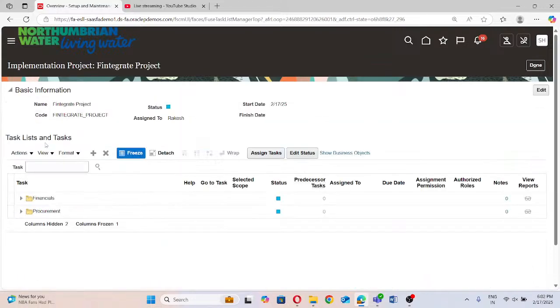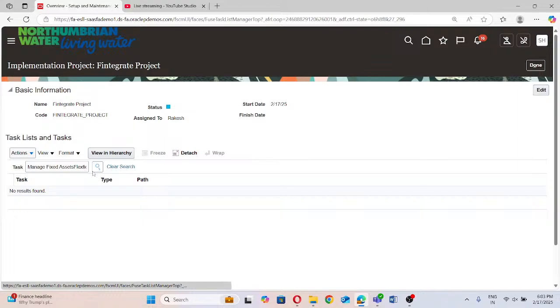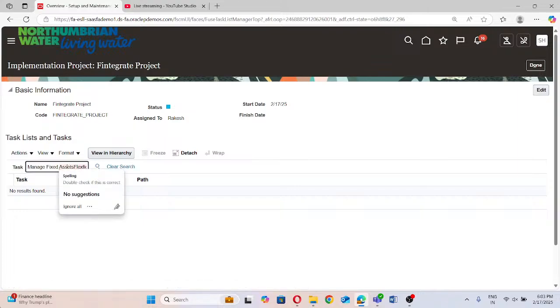And here you type manage fixed asset. Manage fixed asset, flex field,